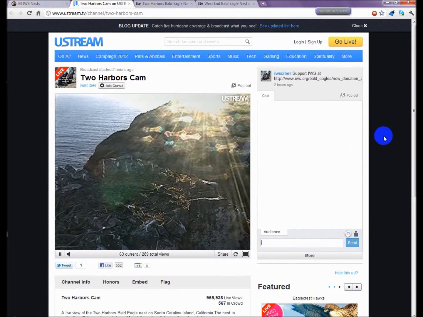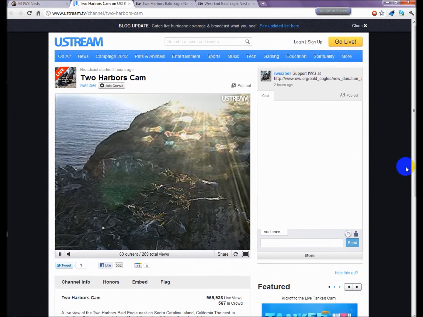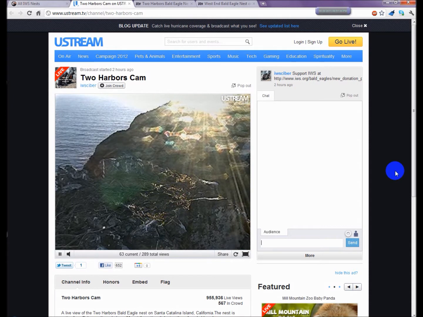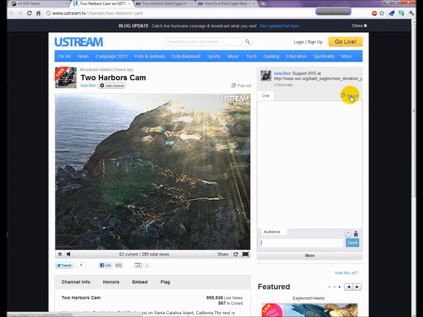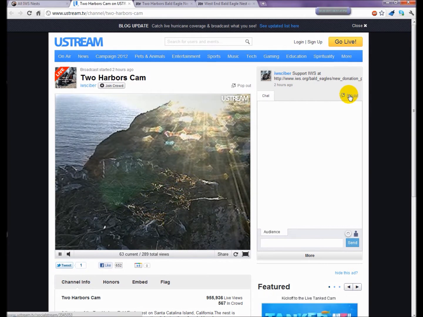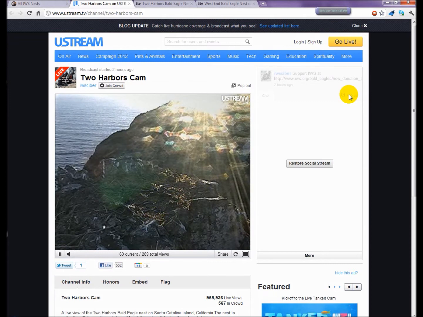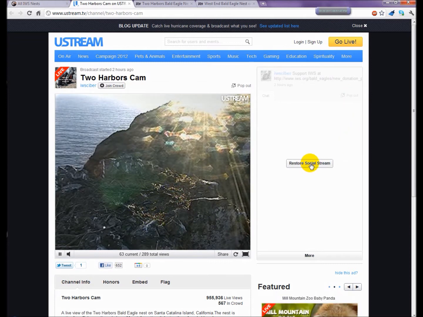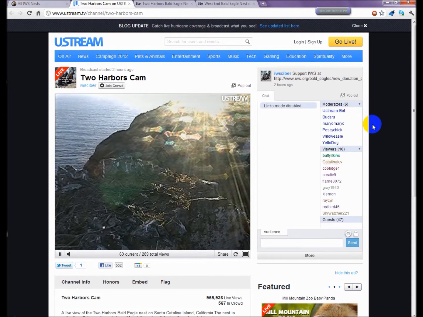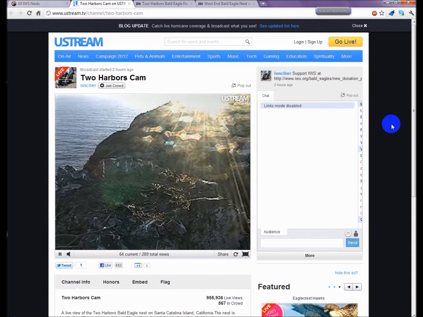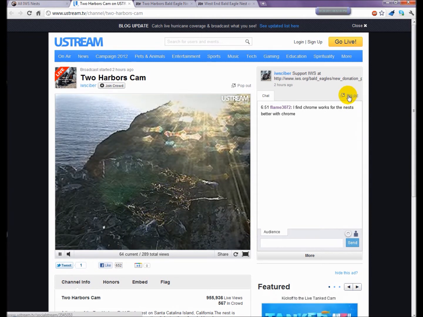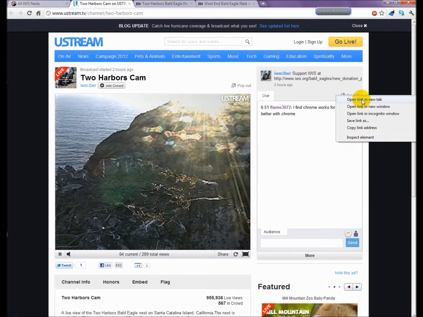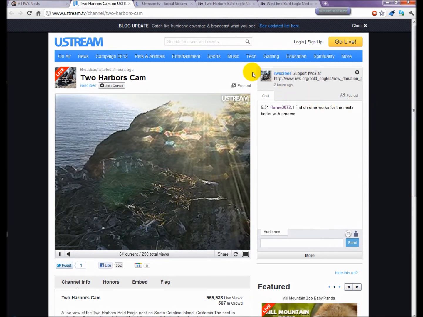If you want to go to a pop-out, now I'm using Chrome on Windows 7, and I understand this also works for Firefox and IE. On my Chrome, if I use this pop-out up here, top right, up above chat, it comes up blank. So I've been frustrated, and I figured it out, which is what you have to do sometimes with computers. As a secondary attempt, I right-click the pop-out, and then I open link in new tab, and that opens a new tab,